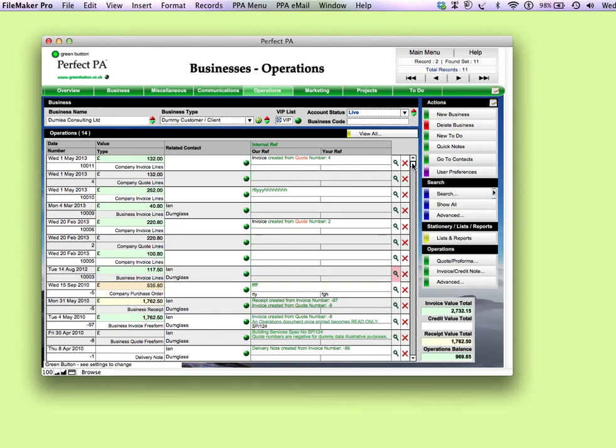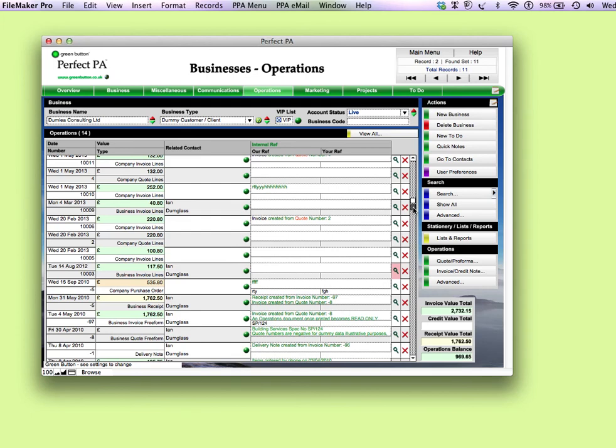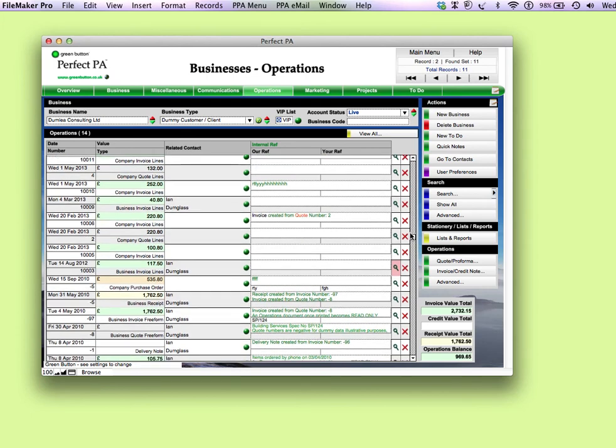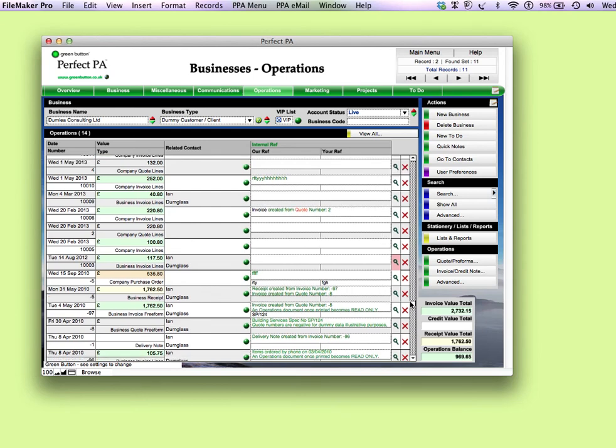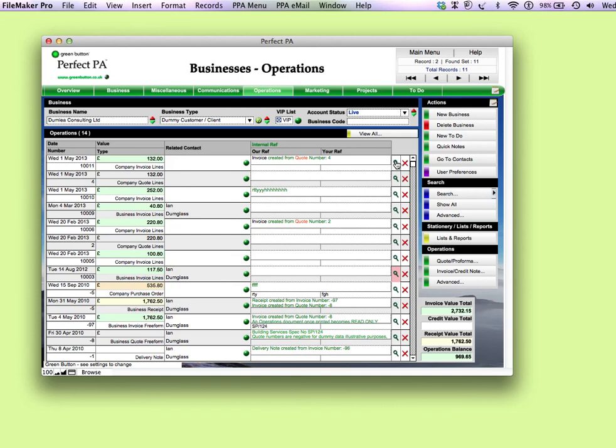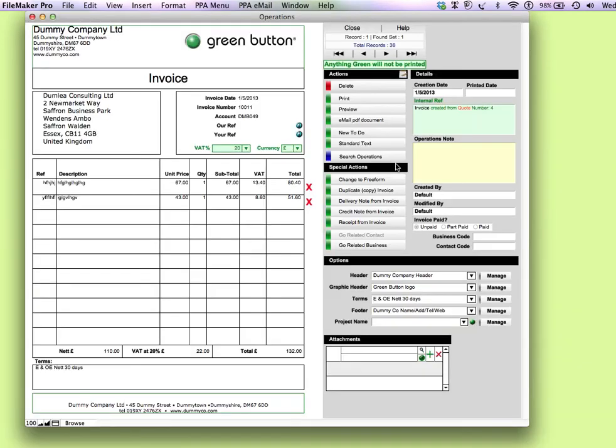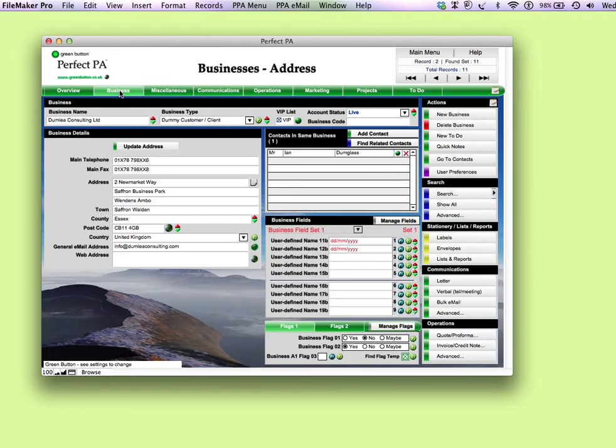And if there's a lot more, we can use this slider to go up and down to see more of them that take us right back. Here we can go right down to the bottom and see all of them. And of course we can use this spyglass to go back to the document we've just looked at. Let's go back to the business,